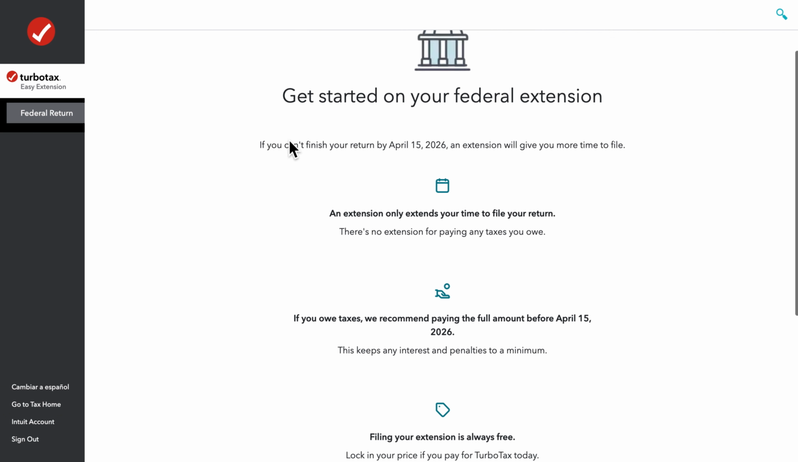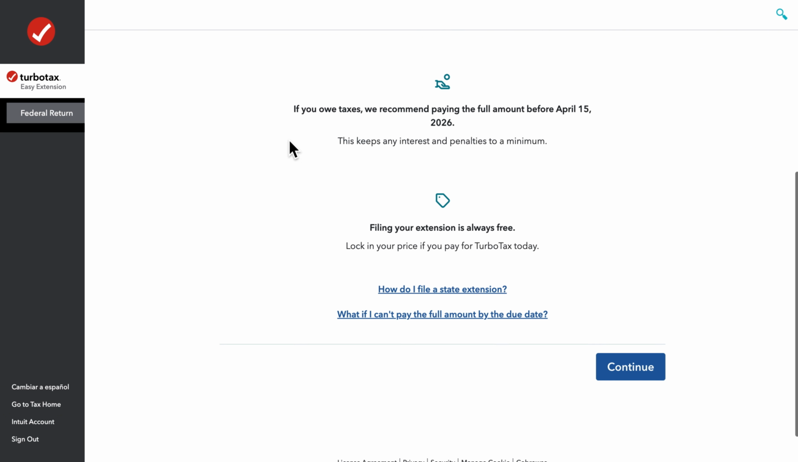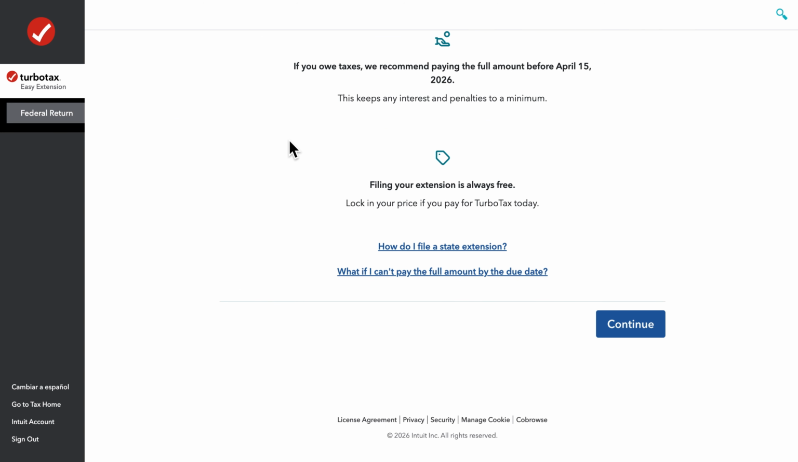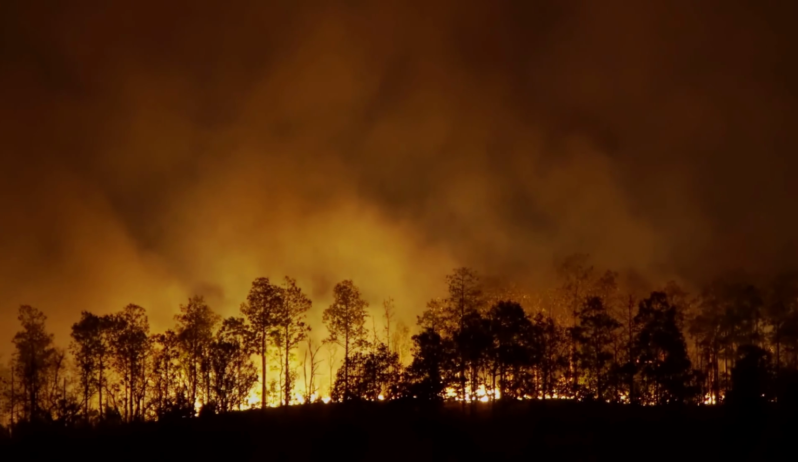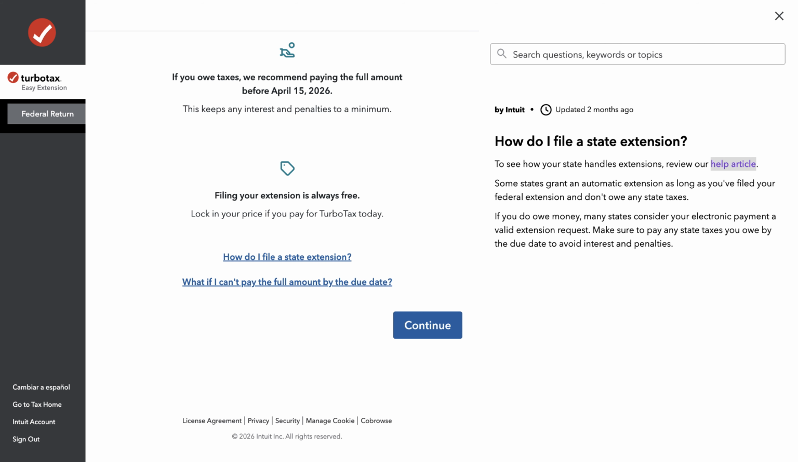Right here, you can start to file your extension for your federal return first. So it's different from the state extension. It specifically lets you file your federal return generally until October 15th. It may be different for some states or certain conditions, like natural disaster victims or those who are serving in combat zones. But just a quick reminder, some states grant an automatic extension as long as you filed your federal extension and don't owe any state taxes. Meanwhile, some states consider your payment as an extension request, so be sure to check on